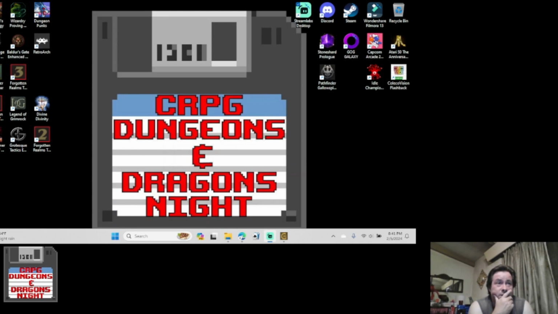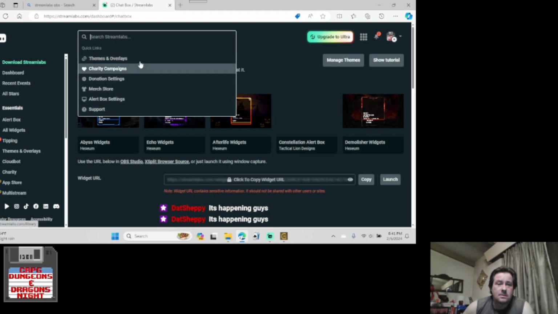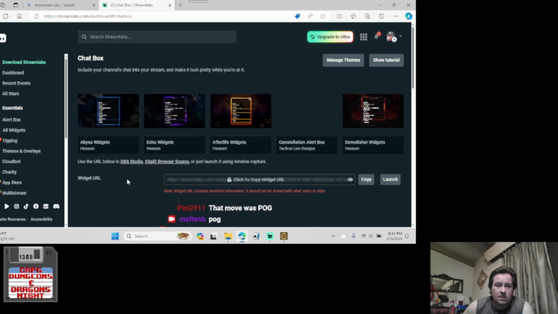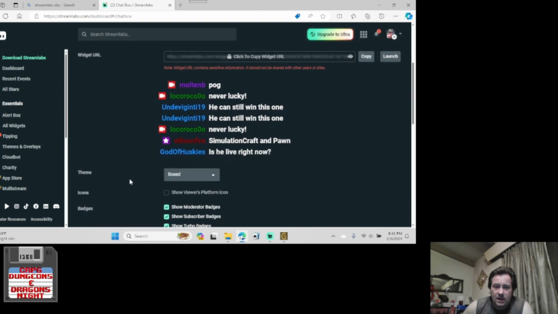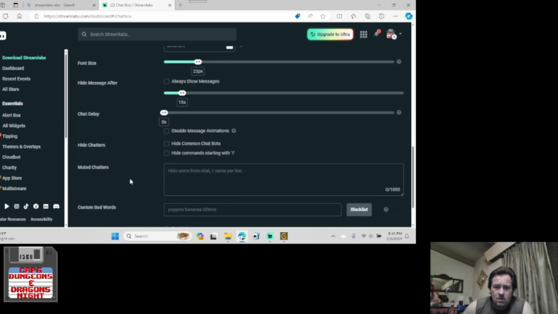Okay, cool. So back on the website where the chat box is, let's change the theme back to box. And then we're going to see anything that says chat delay. Okay, go back here to see chat delay. I don't know, you're on the right location, just scroll down a little bit. Yeah. Okay, look, right there's a theme, if you want to change the theme, we're going to do